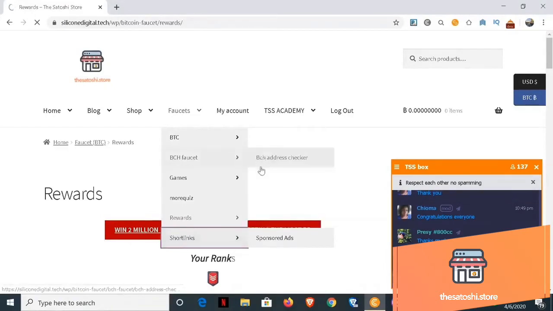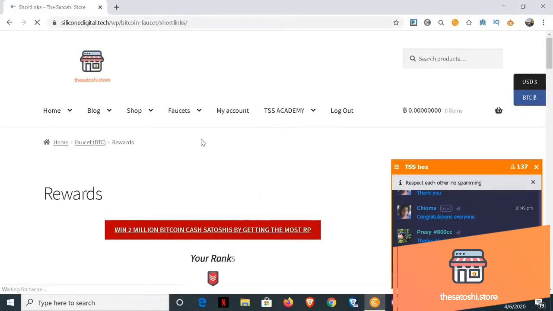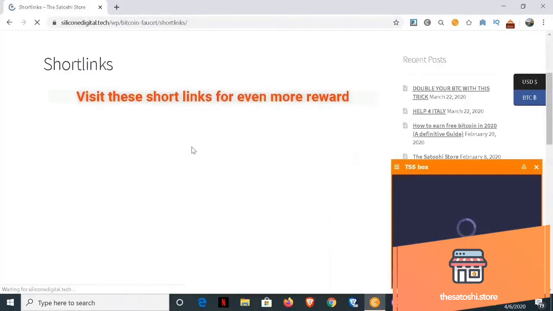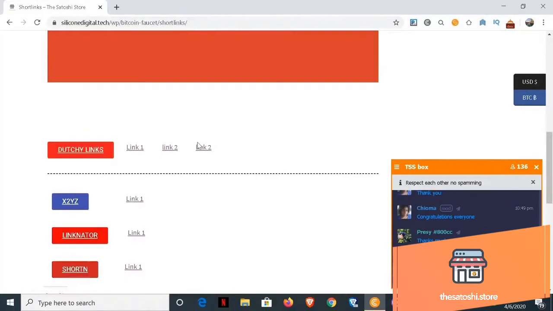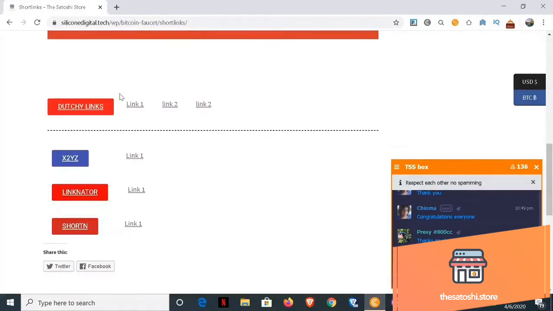There you'll see 4 types of short links. Mainly, you have to complete the same procedure for every single short link, but some of them are different. Every short link will have at least a captcha. When you solve the captcha, you're taken to another page which has a link for which you have to wait for 10 seconds, and when you click on the link you will be taken back to the website. That's how a short link is solved.